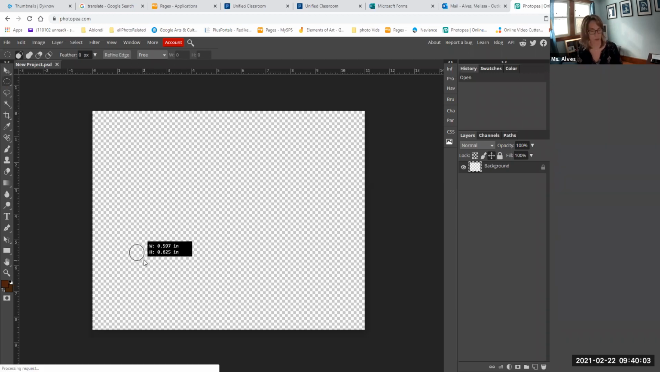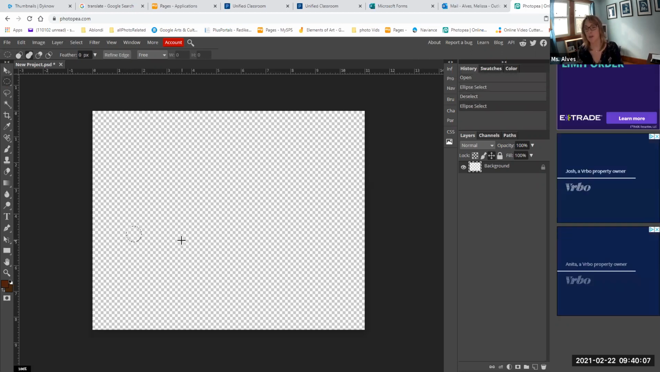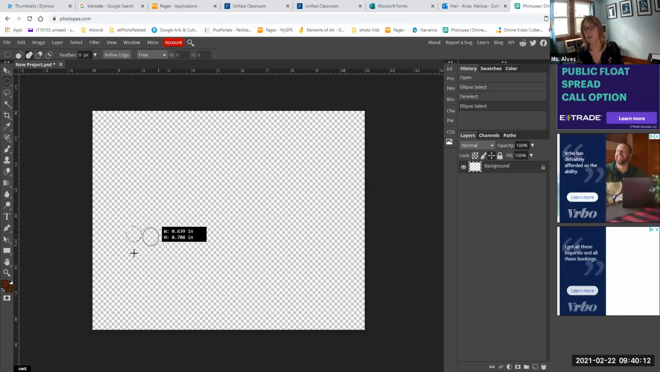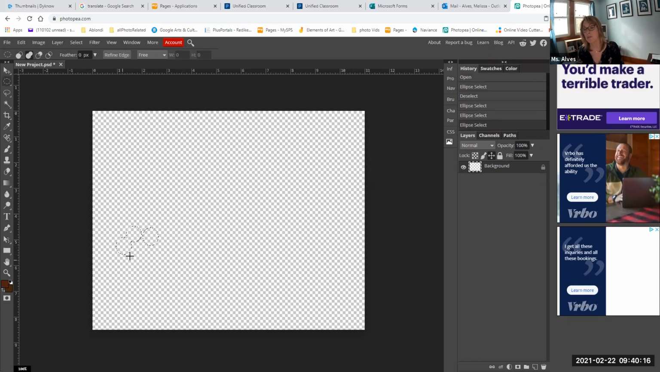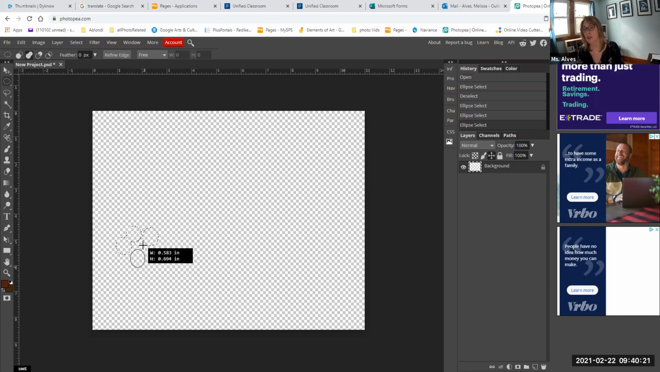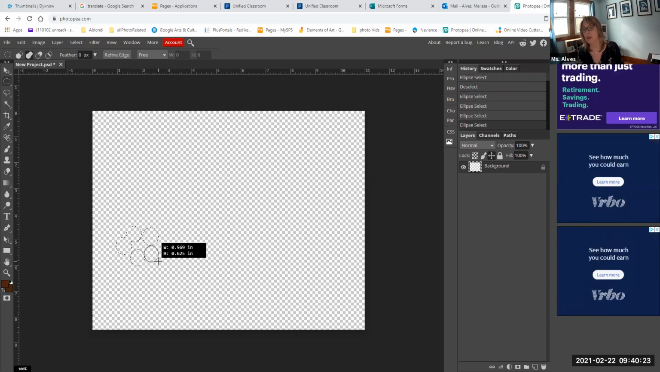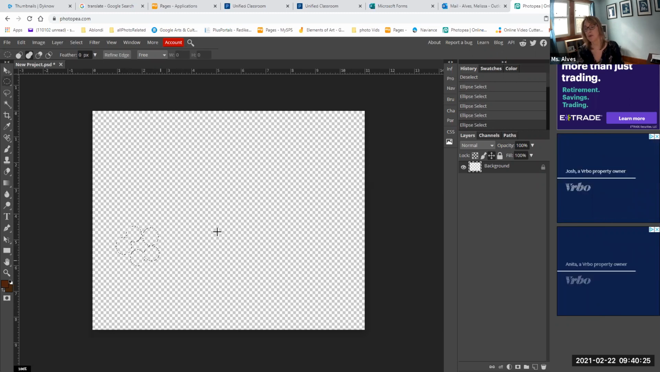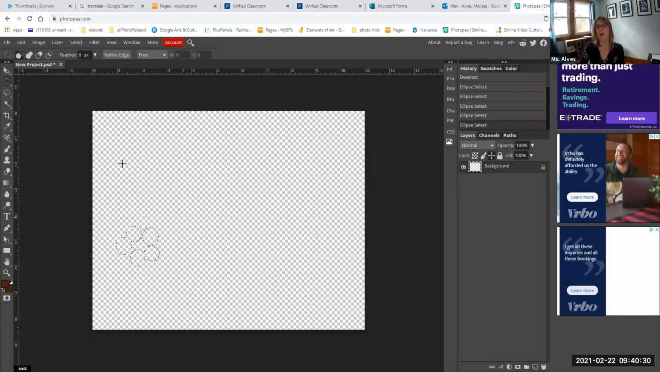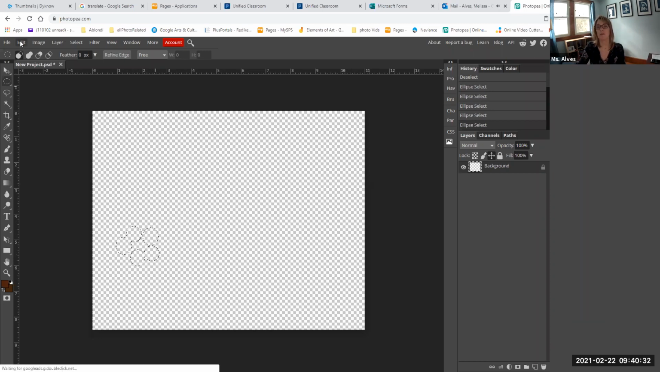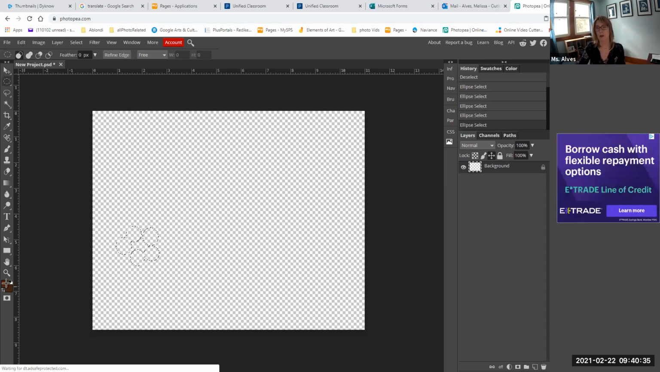I'm just going to say a circle. So to create a perfect circle, if you hold on your shift key, you can create a perfect circle. So I'm going to hold down my shift key. And I guess the tricky thing is trying to get them in a perfect flower situation, which mine are not. However, if I fill this with a color,